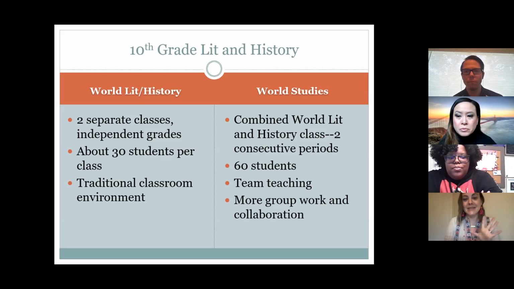On block days, that could mean that you have 3 hours of English and history together, because consecutive periods, depending on how it all works, I don't know. Bell schedule for this year was different. So it's 60 students. So it is a combined class. So you're in the English class, you're in the history class, but you're working together. So it is obviously a larger class. The teachers are working together, they're team teaching. So the English and the history teacher are both there together. It focuses more on collaboration and group work.